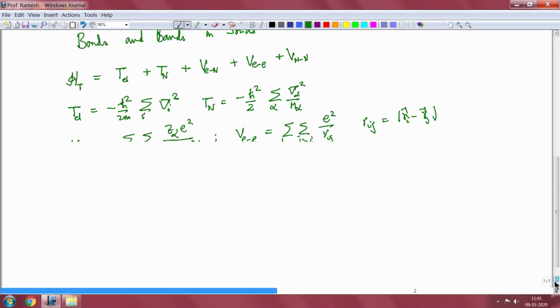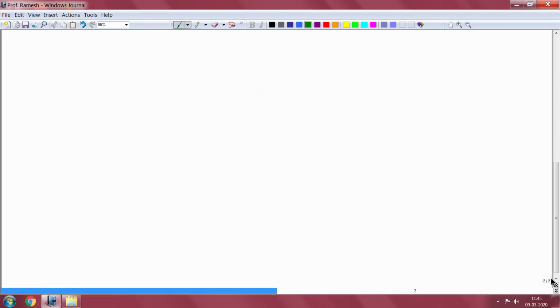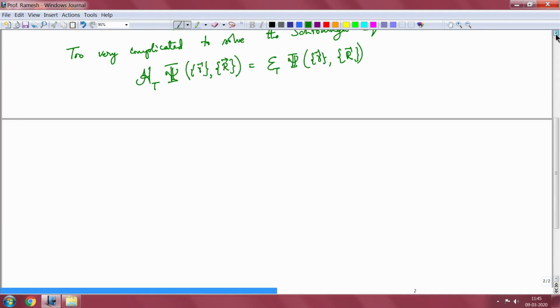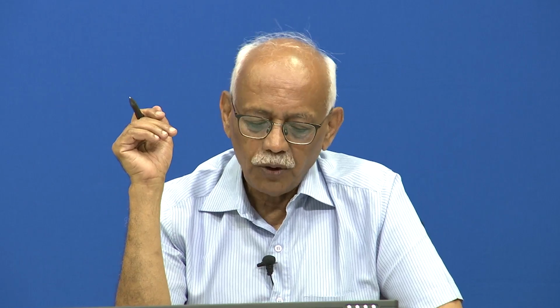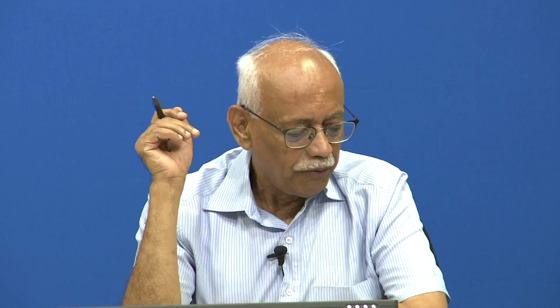So, as I said, this is a rather complicated equation and you cannot really solve it analytically. Analytic solution is only possible for very few systems like the hydrogen atom in the electronic problem, or some other model Hamiltonians about which we will not discuss much in this particular course. Okay, so, what is it that you want to do? How will you go around simplifying the Hamiltonian? What are the approximations that are made to simplify this Hamiltonian?